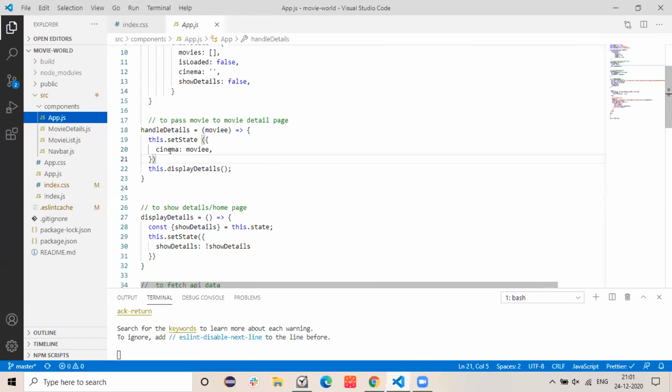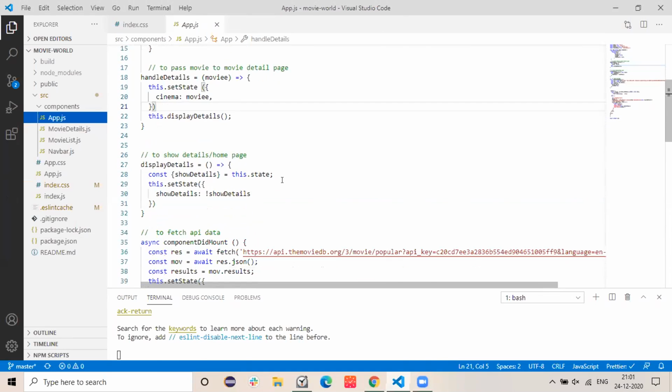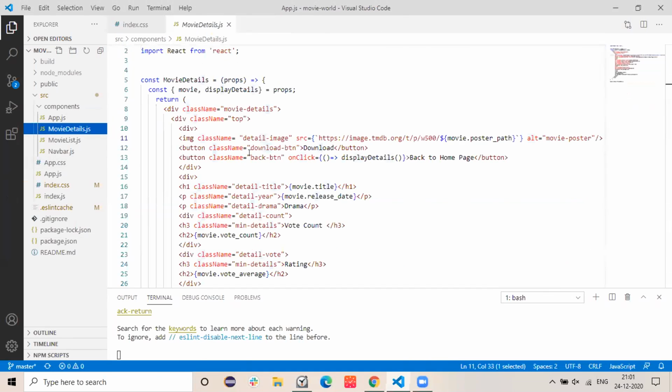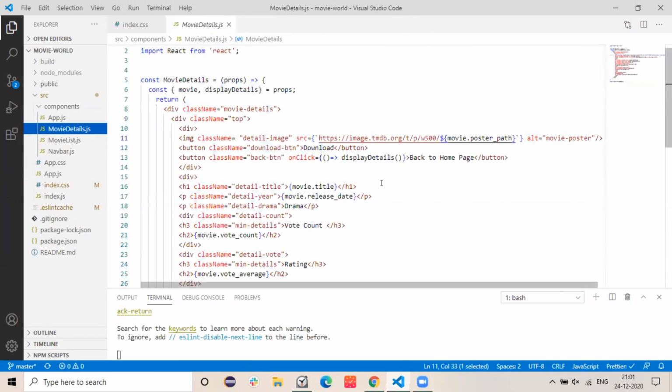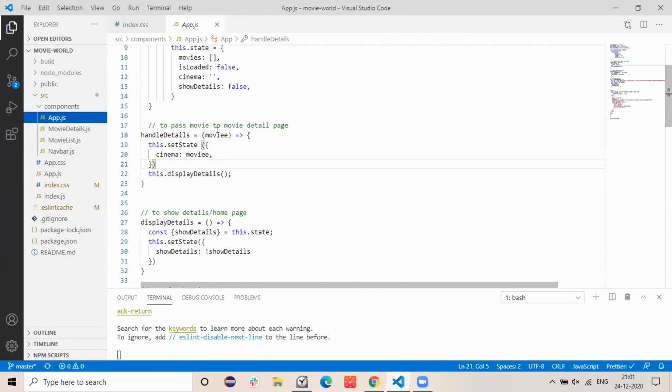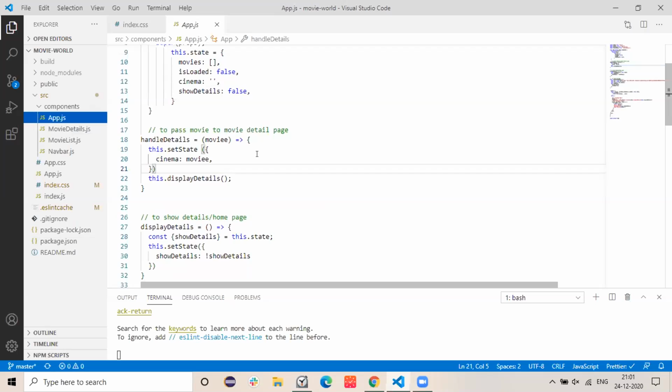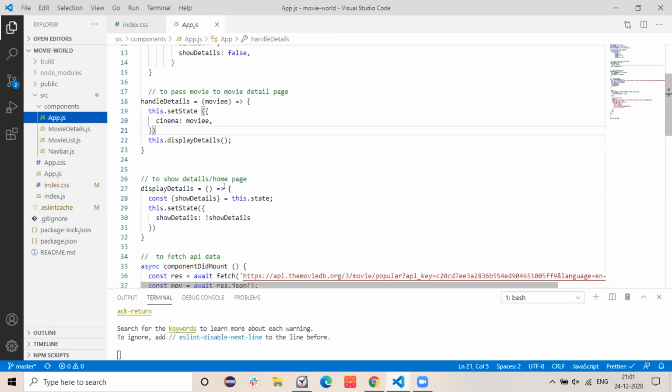So this function comes into effect, and we'll store that movie in the cinema variable and pass it to the movie details as props, so the user can view that particular movie. And you're calling the display details function inside handle details, right? Yes. Where is this display details function? Here in the home page itself.